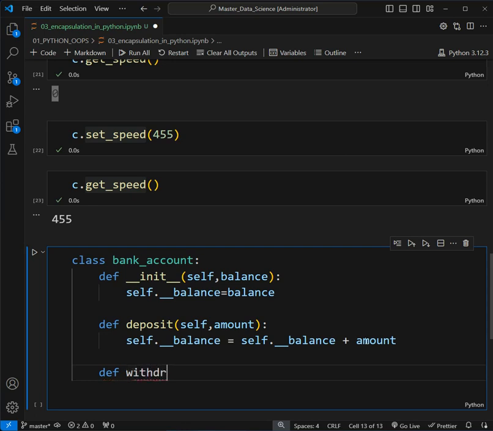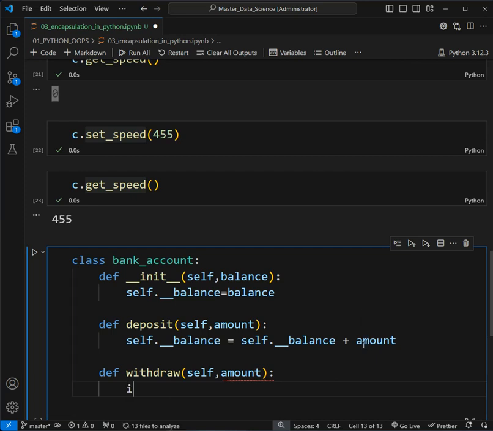If we want to withdraw something from our account, we use self to link it with our class, and then we use the amount variable, that is how much amount we want to withdraw. Now here we want to implement the withdraw. First we have to check the balance against the amount which we passed. If our amount is less than our account balance, then we can withdraw it. So I am using self.__balance, this will match our value of the balance,